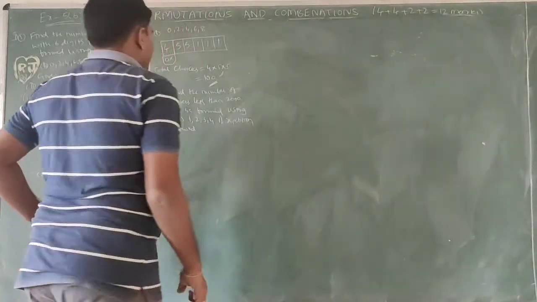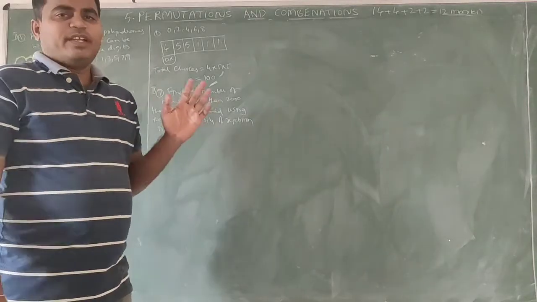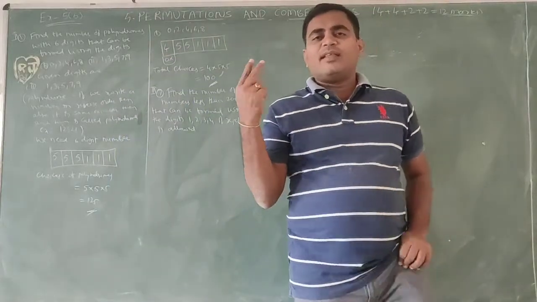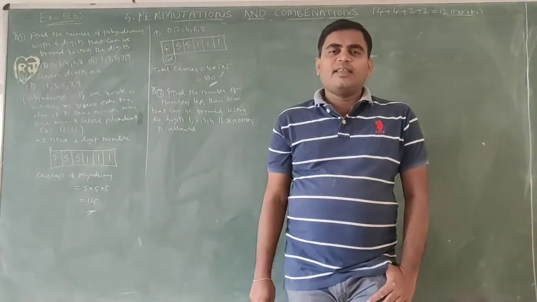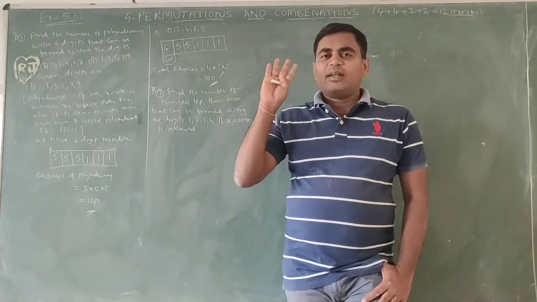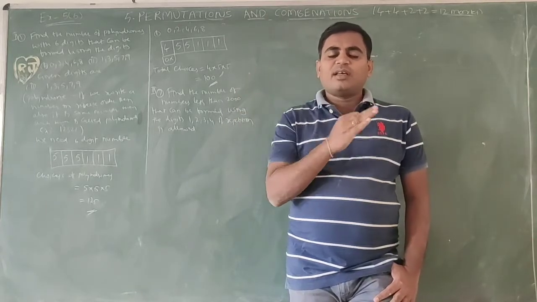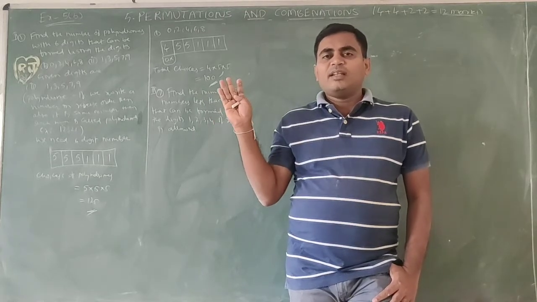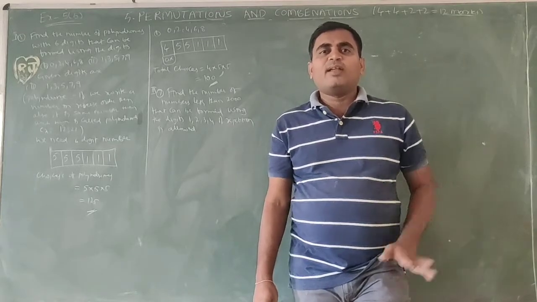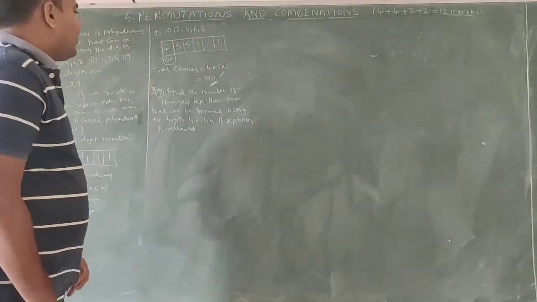Okay, now find the number of numbers less than 2000. Less than 2000, all the one digit numbers are less than 2000, all the two digit numbers are less than 2000, all the three digit numbers are less than 2000, because 2000 contains 4 digits. So all one digit, two digit, three digit numbers are always less than 2000. In 4 digit numbers, some of them are less than 2000, some of them are greater than 2000. So we need to find all these in different cases.